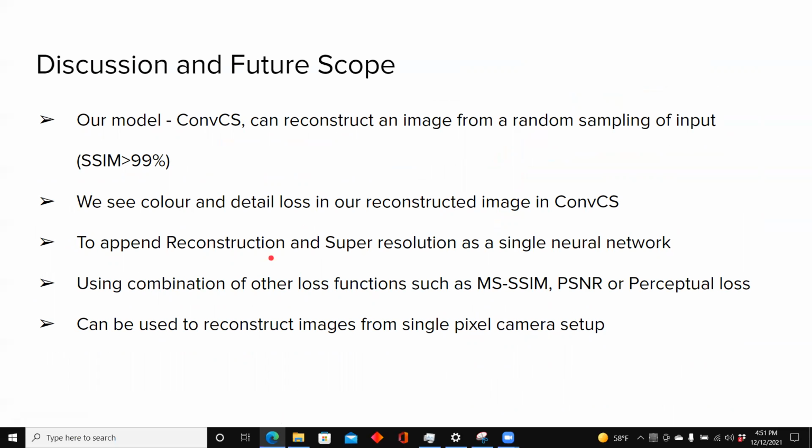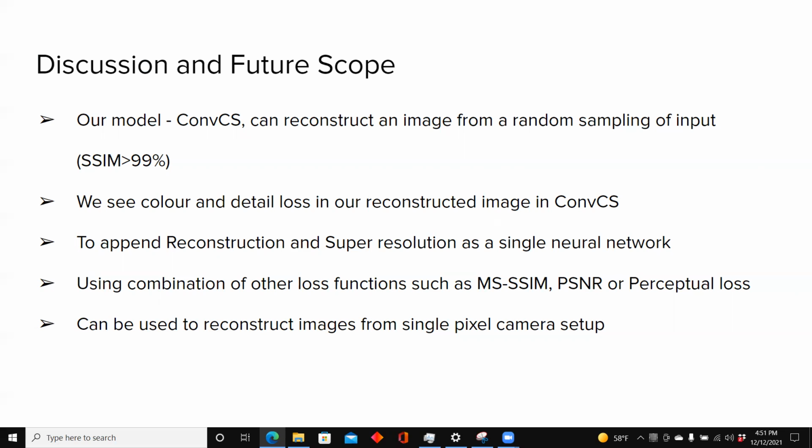As seen consistently throughout the results, our ConCS can indeed reconstruct an image with excellent structural similarity of more than 99%. However, we do see some amount of color discrepancy and detail loss in the reconstructed image from our ConCS output. However, using an MSE and SSIM loss instead of using only SSIM loss did give us much better results in our reconstruction. So it might be worthwhile pursuing other losses such as PSNR and perceptual loss or MS-SSIM, maybe to